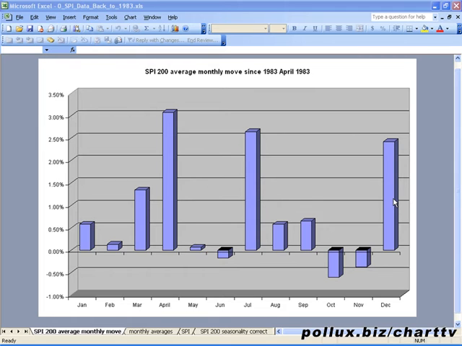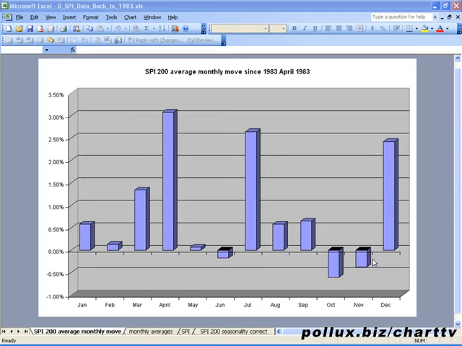So we can clearly see from this that it's a good idea to be long in December in this market. Quite surprisingly, July was on average up 2.5% since 1983. Does this mean that these trends will continue? Well, you never can tell. Anything is possible, but the best we can do is look at the past to help determine the future, and hopefully we can use information like this to give us some valuable insights into what a market is likely to do.